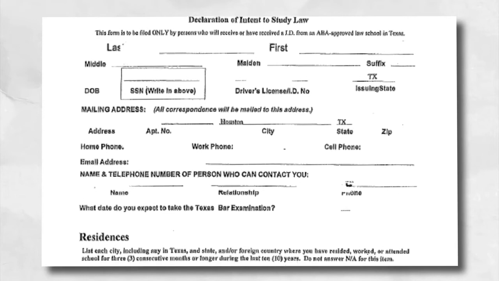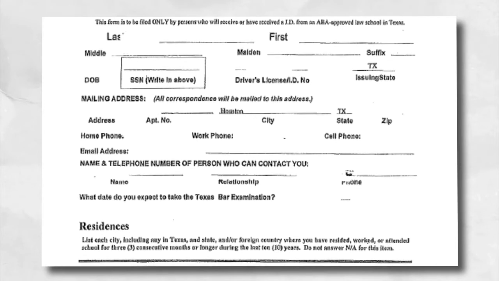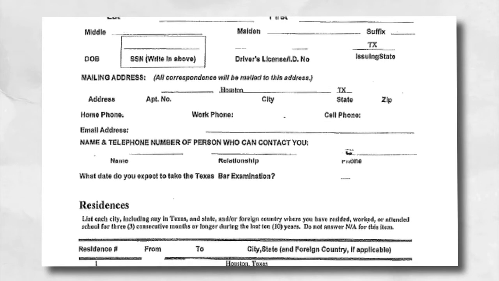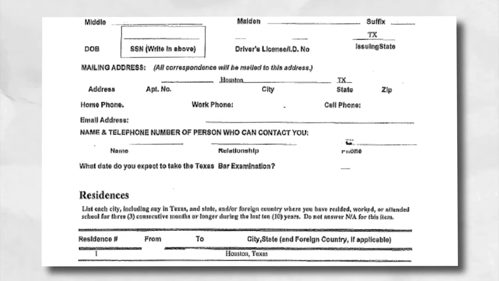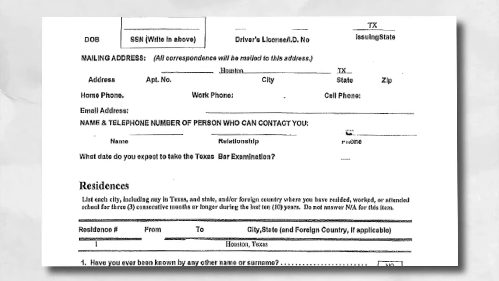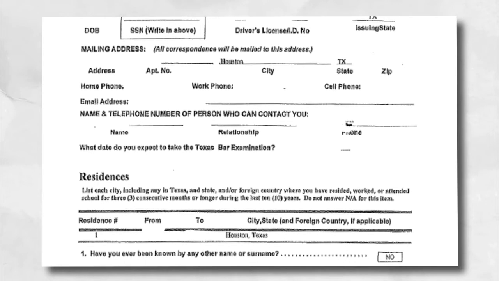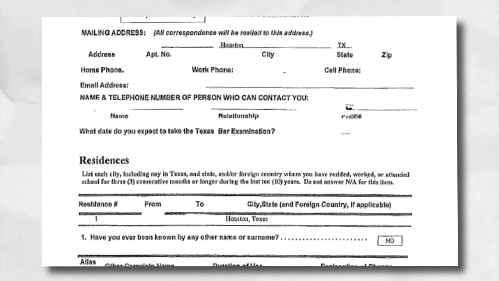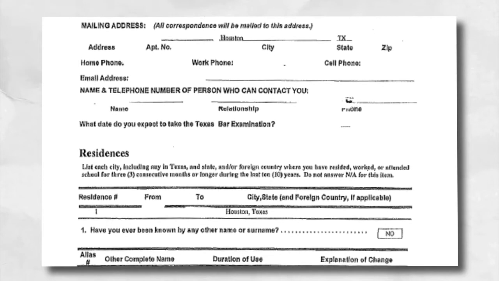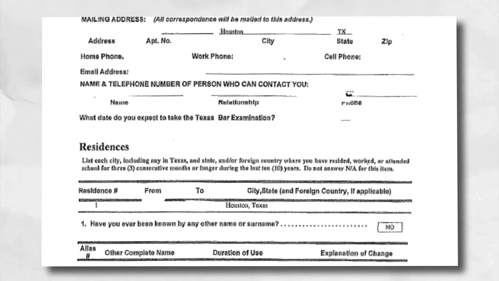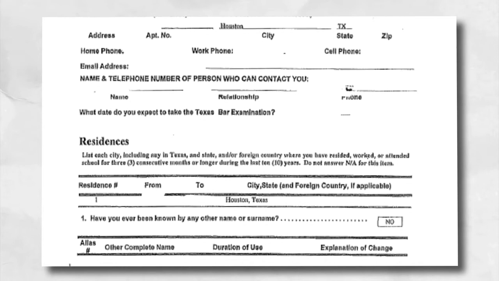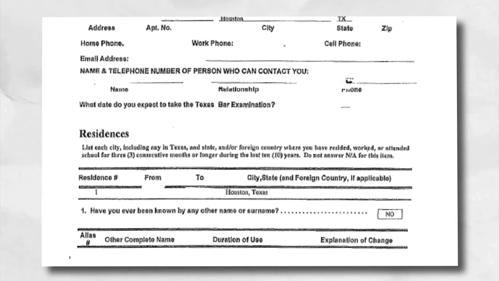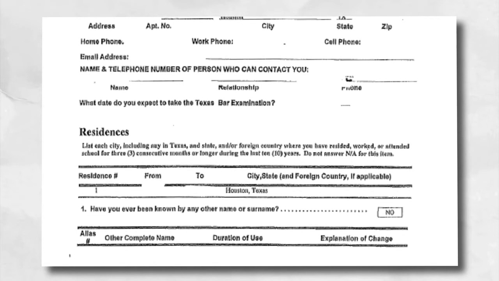if you are a fall entrant to law school, it has to be filed by October the 1st. If you're a regular entrant in the spring, May the 1st. Quarter-hour law schools on spring entrance, June the 1st. And if you're going through summer school, you need to file that by June the 1st to make sure that you get it right. Now, the filing fee is not that much, but there's a late fee of $150 if you are late doing that. Now, that is called the Declaration of Intent to Study Law.